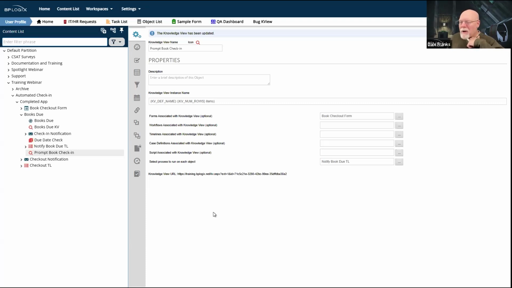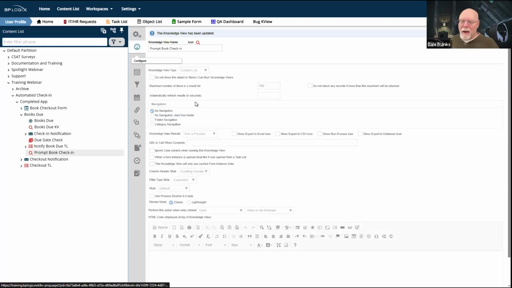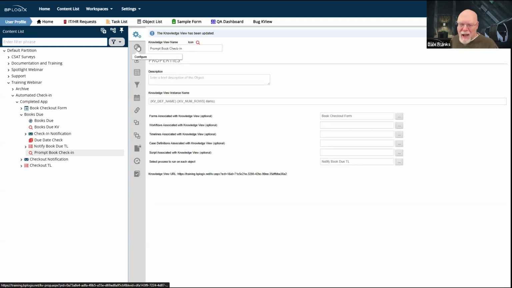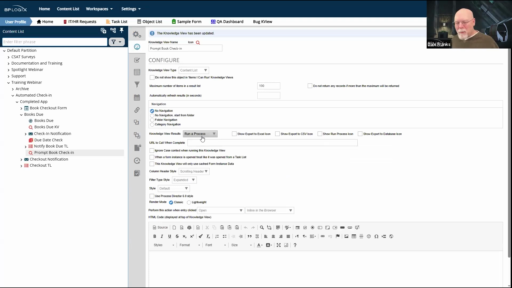We might make an argument that we should move this knowledge view results back over onto the properties tab. The only problem is run a process isn't the only thing that happens here.